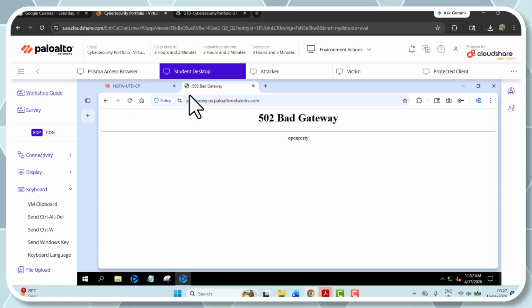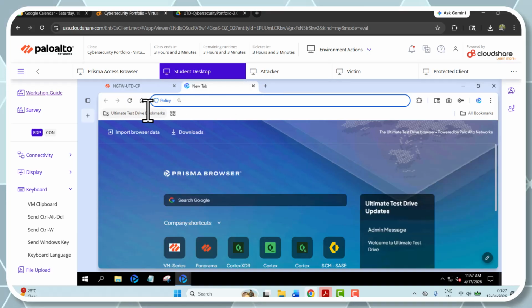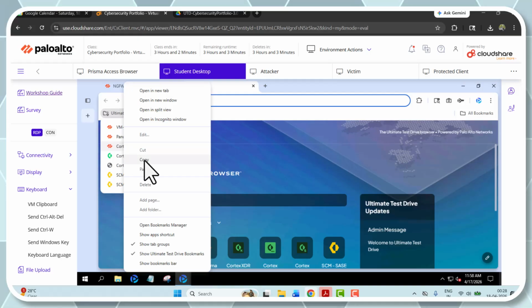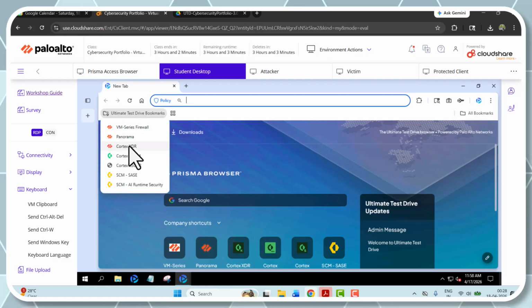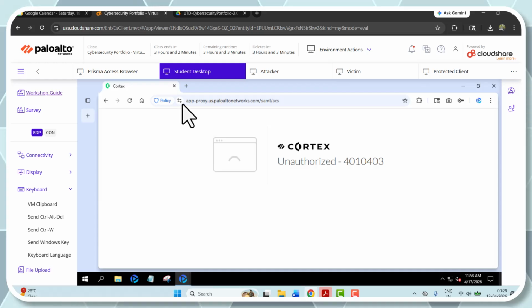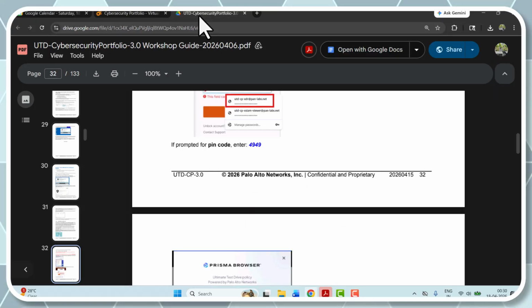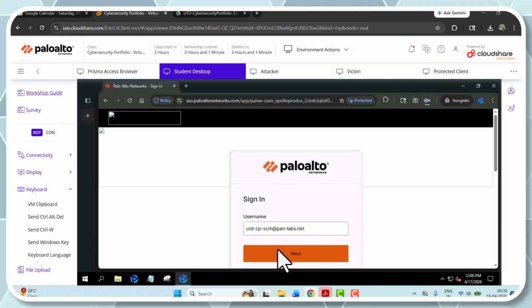So let us go here again. I have selected the wrong one, that's why it is giving problems. Here, let me copy this. Open the browser once again. This is a fresh browser. Let us open Cortex XDR here. Again unauthorized. So let me solve this problem, I will come back. I have opened a new incognito tab. Now what we need to select basically is UDTCP, this one, UDTCP, next,